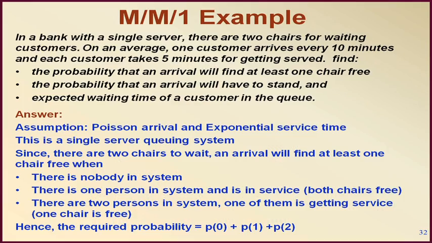There is a third situation: there are 2 persons in the system, one is getting service and the other one is sitting on a chair. So, the second chair is free, is it not? So, what does it mean? It means that the probability that an arrival will find at least one chair free is equal to P0